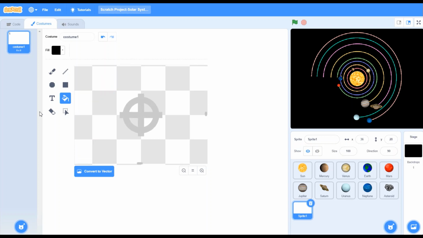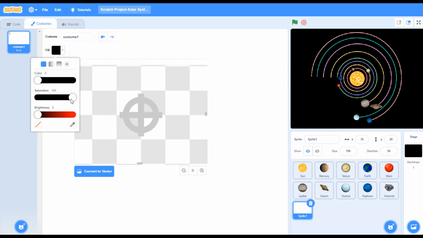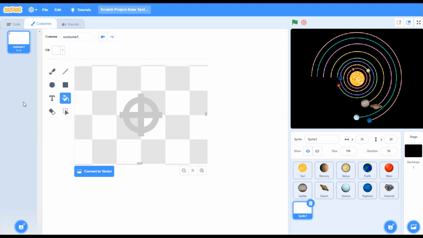Okay. Now I will go here. I will change the color to white. Now I will go here. I will pick this square. Now I will make a square.